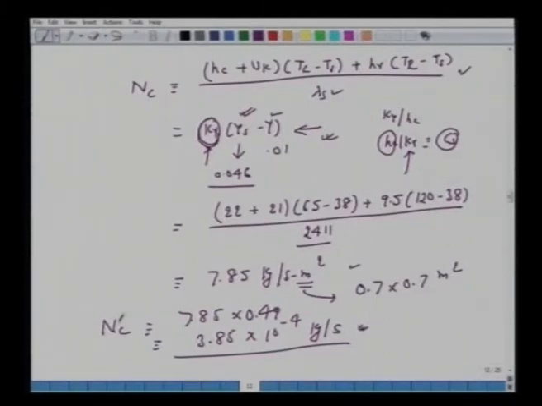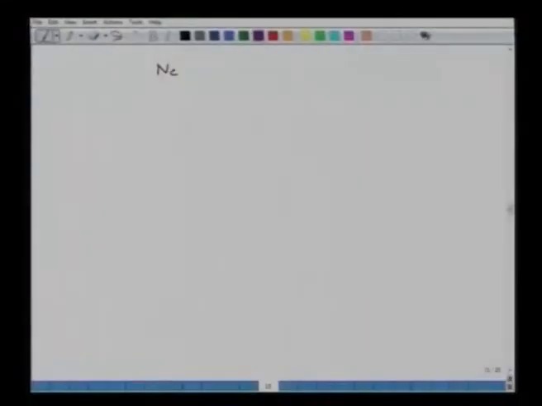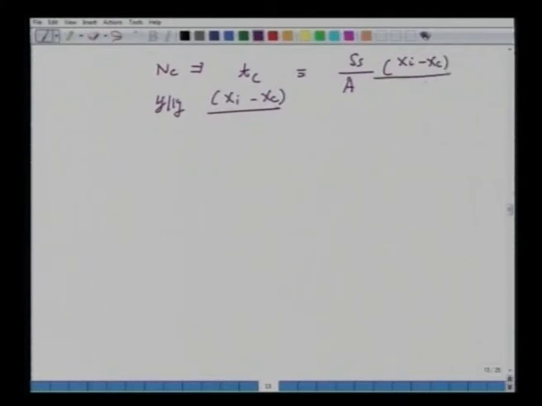Once you know the value of Nc, at what rate you are drying it, one can go back to the previous lecture and find how long it will take to calculate this Tc. So let's just write down the expressions. Knowing the values of Nc, we can calculate Tc, from x initial to xc, moisture content kg per kg. How long will it take? One can calculate Ss, the total amount of solid which you have taken, over area, xi minus xc over Nc. So once we know the values of Nc, the rest of the quantities are given, one can make this calculation for Tc.